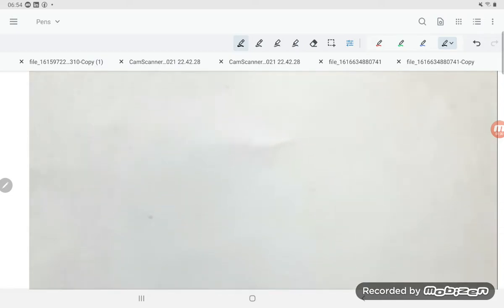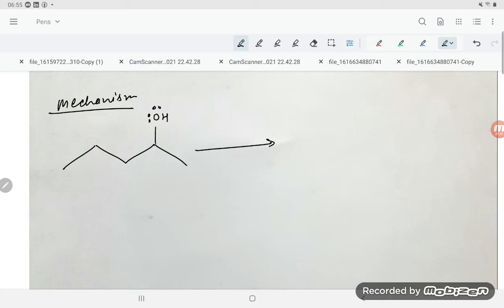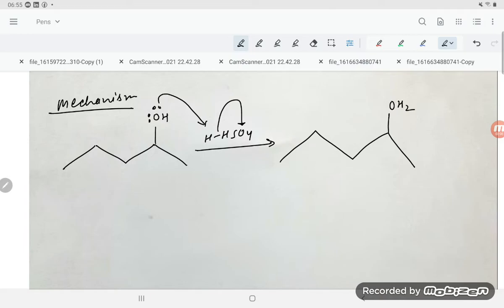Let us have a look over the mechanism, then you try to understand. The mechanism is like that. Mechanism always involves 3-4 steps, students. So the first one is the protonation. How can you understand the protonation? Here the OH group is there. This is having the lone pair of electrons. And if you are reacting with H2SO4, so what will happen? This lone pair of electrons will attract this H, and this bond will be shifting here. So it will form the protonated alcohol, that is OH2 plus, with the positive charge, and here will be HSO4 minus.